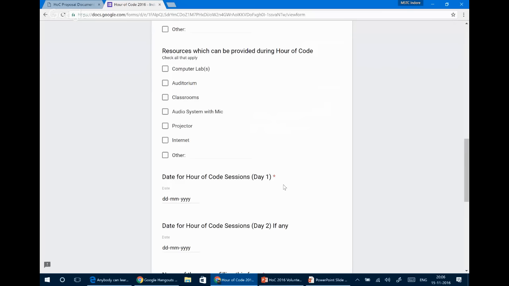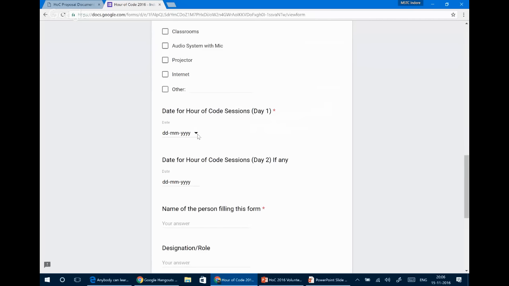Then the second thing that we want to ask the schools is which dates they want this event to be, right? It's possible that they might not be free from 5th to 11th, but that is our focus, right? 5th December to 11th December. We want most of the schools in this time period only, okay? Because it's easier to manage like that for us, everyone, right? You also. And secondly, it's Computer Science Education Week.